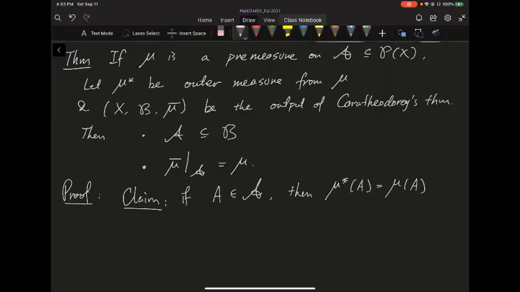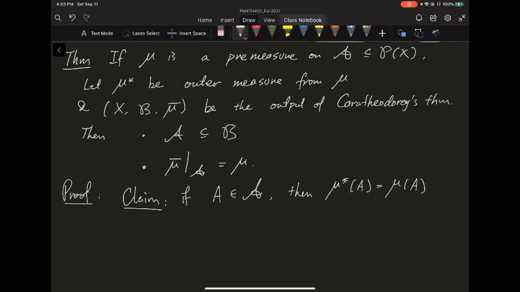The goal of this video is to prove the theorem we left from last video. Basically, we want to show that if we have a pre-measure on an algebra, then we run the Carathéodory theorem and get an outer measure and then a complete measure mu bar. Then all the algebra elements are, first of all, also mu star measurable, and then the mu bar will extend the mu on this algebra.